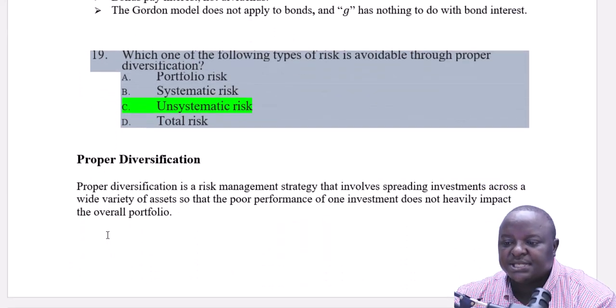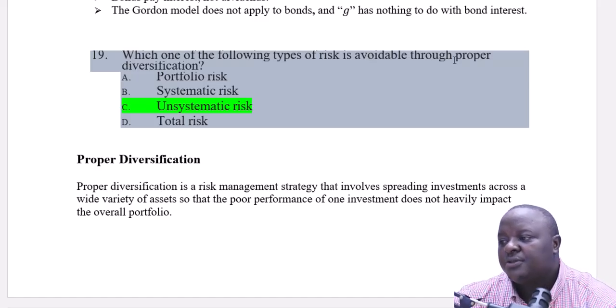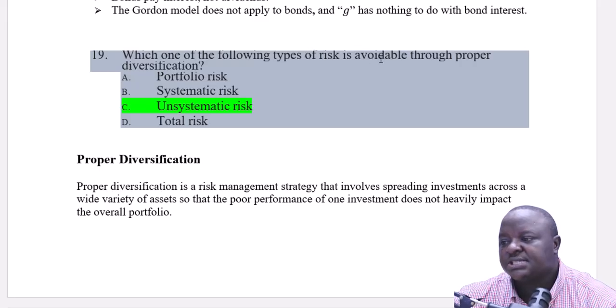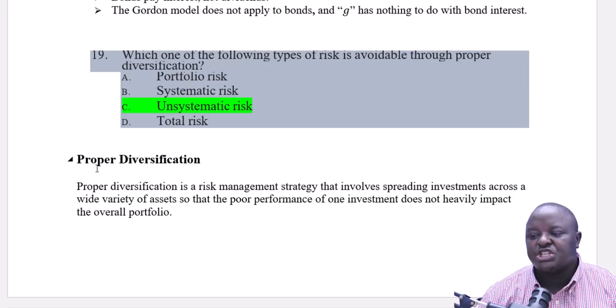Question number 19. Which one of the following types of risk is avoidable through proper diversification? We have portfolio risk, systematic risk, unsystematic risk, and total risk. Now, proper diversification is a risk management strategy that involves spreading